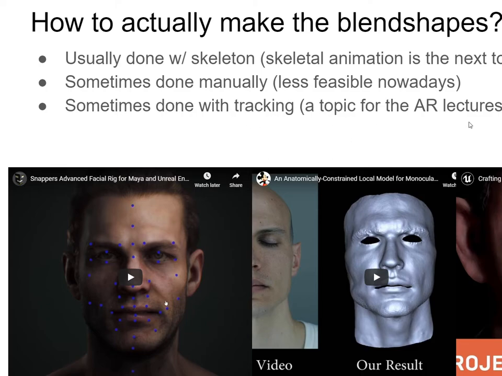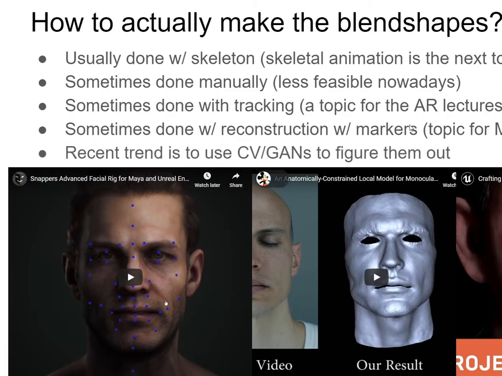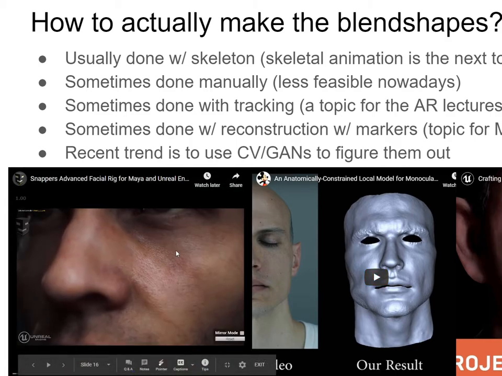Sometimes we do it with tracking. We'll talk much later about markerless tracking, which is a topic in AR. Sometimes you do it with reconstruction with markers. Again, we'll talk about this later. And more recently, people have been using machine learning or computer vision or GANs to figure out what the blend shape weights are. So how much do you interpolate to achieve a certain